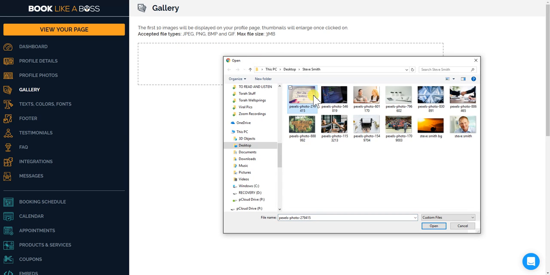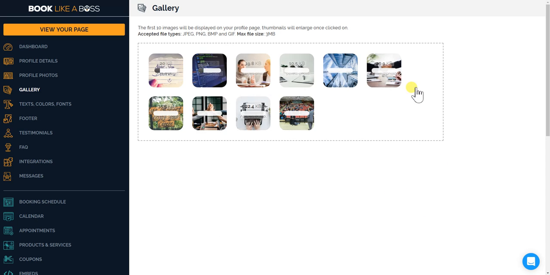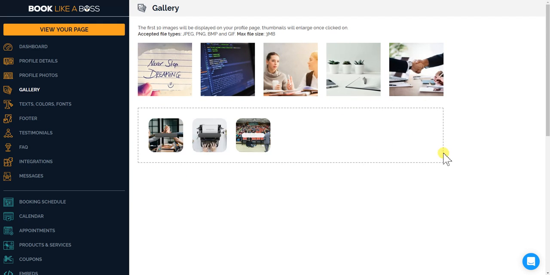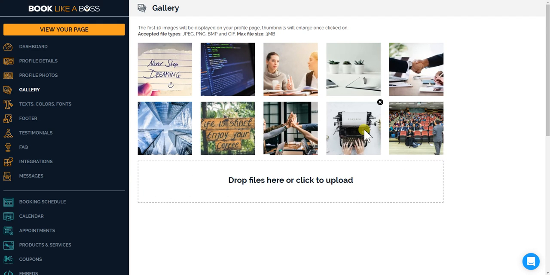You can add more than one photo at a time, so we're just going to add all 10 over here. Actually, we're not going to add that one. Okay, and you see that you automatically can add all the photos. Very quick, and if you want to delete one of the photos, just X out, and then you could add